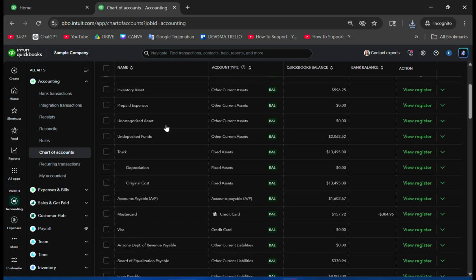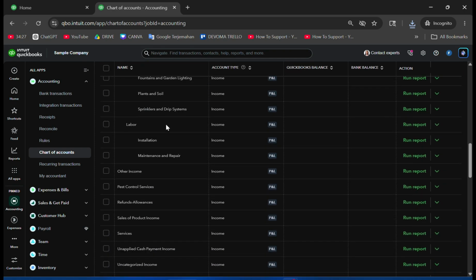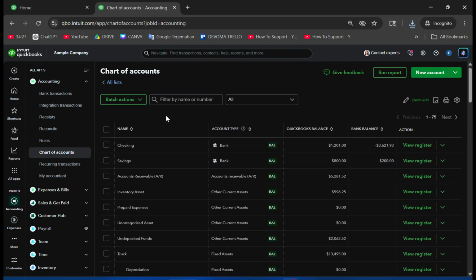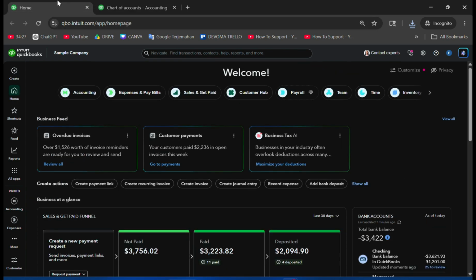If you use TurboTax to file your business taxes, QuickBooks has an incredible feature that lets you export your entire financial year directly into your tax return. But there is a catch. If your QuickBooks categories aren't properly mapped, TurboTax won't know where to put your numbers, and you'll end up doing